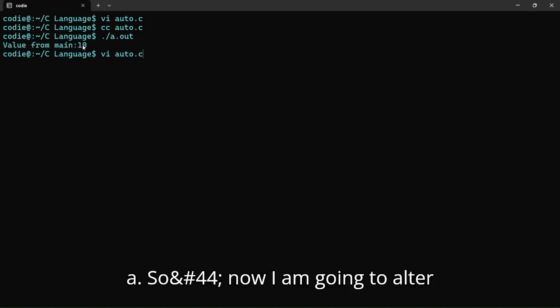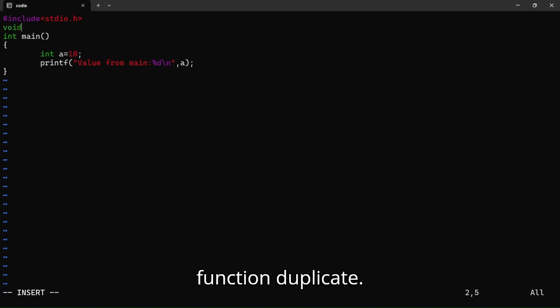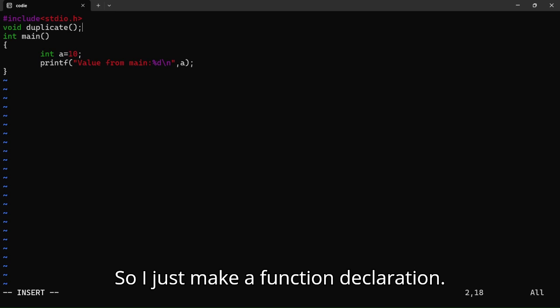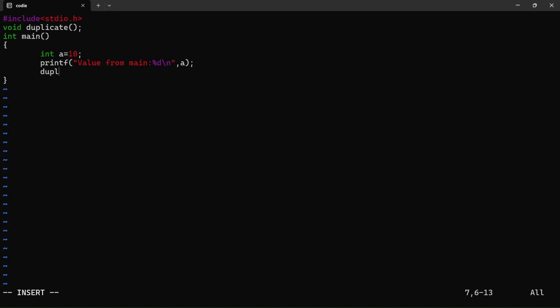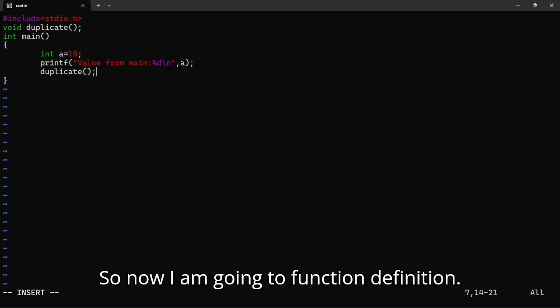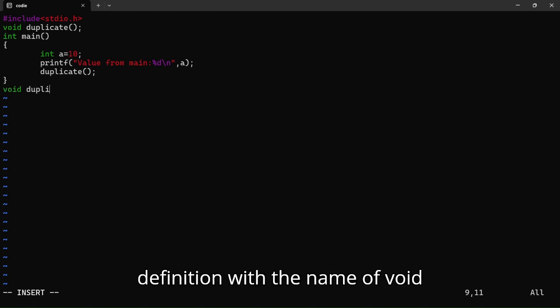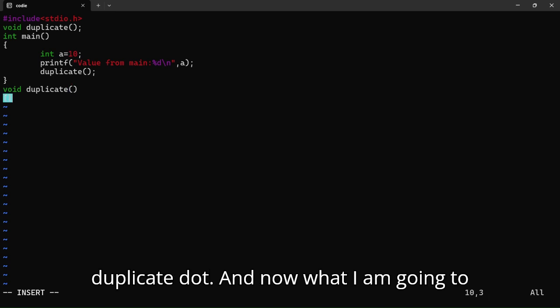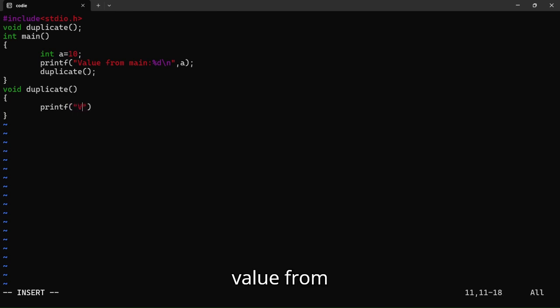Now I'm going to alter my program by adding another function, duplicate. I make a function declaration, and now I'm going to make a function called duplicate. I'm creating a function definition with the name void duplicate. Now I'm going to print the value from duplicate, percentage d slash n